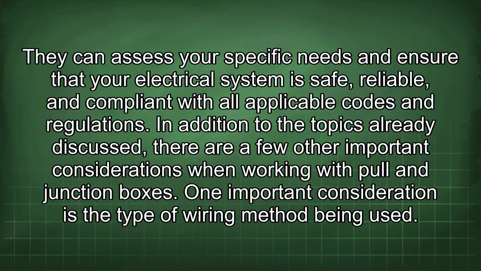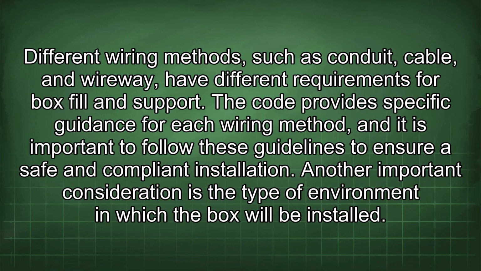codes and regulations. In addition to the topics already discussed, there are a few other important considerations when working with pull and junction boxes. One important consideration is the type of wiring method being used. Different wiring methods such as conduit, cable, and wireway have different requirements for box fill and support. The code provides specific guidance for each wiring method, and it is important to follow these guidelines to ensure a